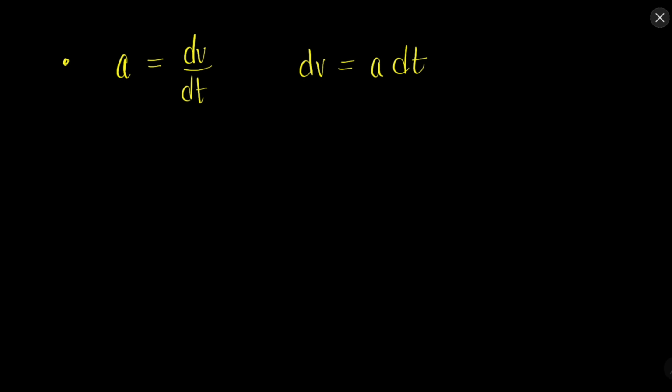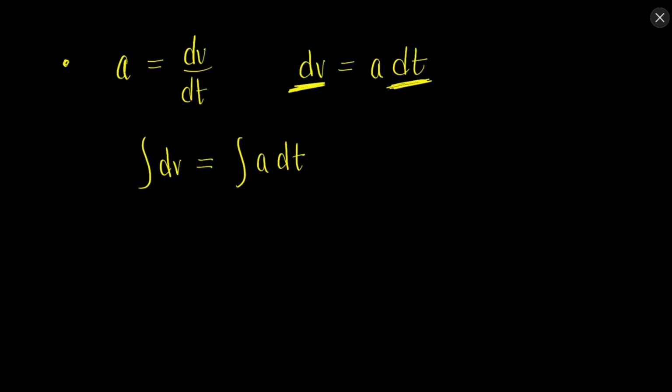Okay. Now the next thing is to integrate these two sides. It might be a bit confusing for you at present because you have not used integration at all, or you might be in the initial stages of using integration, but let me try to explain. This is the small change in v, this is the small change in t. Now we will add the small changes, and that is called integration. When we add small things to make a bigger thing, it is called integration. So I have used the sign of integration on both sides.